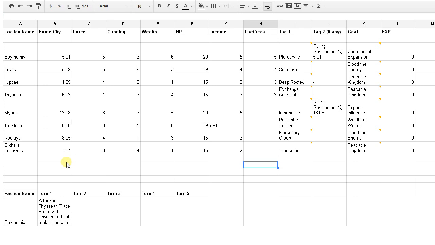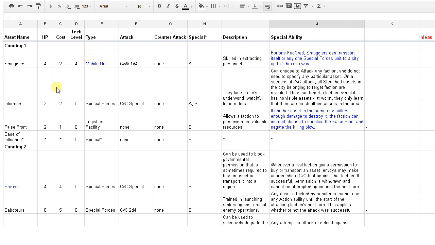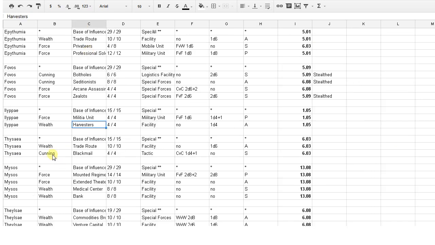Maybe plan some extra little side courses that aren't really there. Circulate some maps, false information. Pretty good stuff. False front costs 1 and has hit point 2. So we're going to add this to